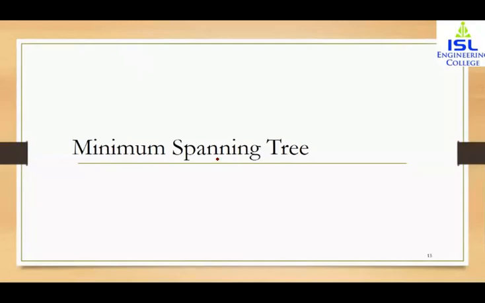So if we have a weighted graph, where weights are usually given on edges, right? If the sum of the weights of the tree is minimized, that is, we get a tree with the minimum weights, or we select edges with the minimum weights and construct a tree, then that tree is called minimum spanning tree. Now, why do we need this?